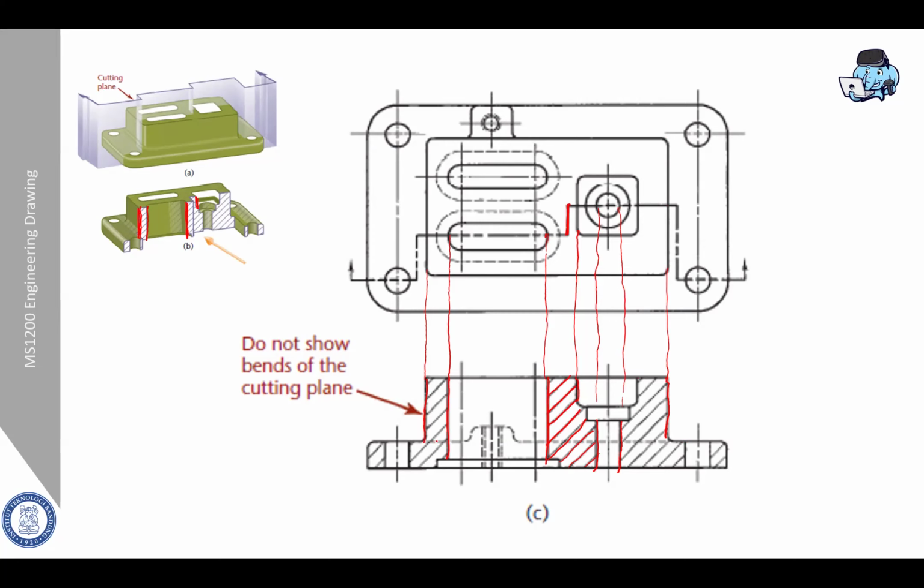But you can still see there is a hidden line here, but actually it is not necessary. Yeah, this one is not necessary. This is actually optional. You don't need to draw the hidden lines here. You only need to draw just the surface that you can see directly from the cutting plane. Okay. Ya, seperti itu.